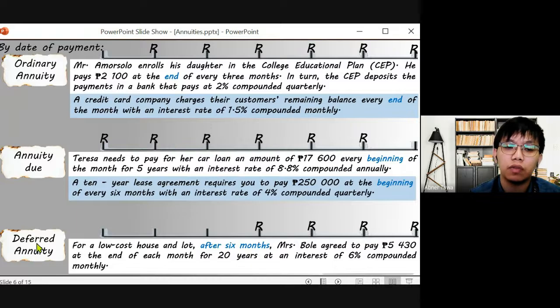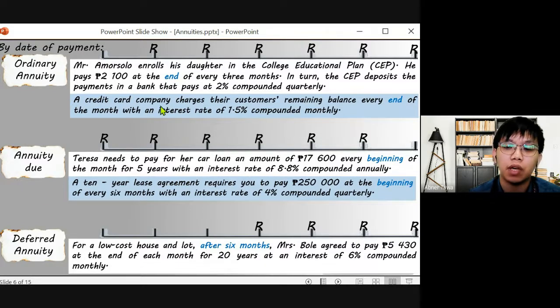Dito naman sa deferred annuity, it explains that yung first payment is, may na-skip na payment interval. Ibig sabihin, pag every month yan, tapos nag-start yung annuity ng January, tapos in-skip niya yung January, February, tapos nag-start siya ng payment sa March. Ibig sabihin that is deferred. Kasi pag deferred annuity, parang penalty na binibigay sa late payment. So parang nag-skip siya ng payment interval, tapos it continues na every month pa rin yung payment. So that is for deferred.